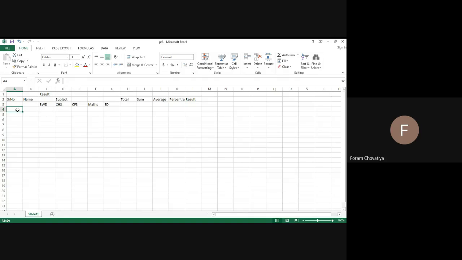Then here we have to take data for 10 students. So first 1, 2, 3, 4, 5, 6, 7, 8, 9, and 10. Then here I will take the student names as A, B, C, D. You can also write any name in that column.